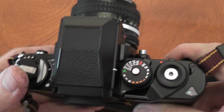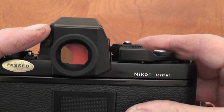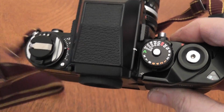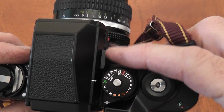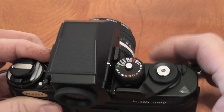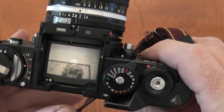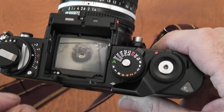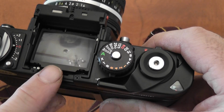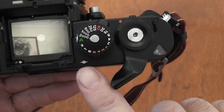On the top, obviously next to that you've got the finder with the eyepiece on, and you do have a covering to stop light going in if you're using it on a tripod. The finder release is two buttons either side, two levers, and you pull those in together and the finder pops off. You've got the focusing screen, which on this model you can flick out with your thumb or forefinger. You can replace the focusing screen for different ones, quite a few different available. You've got an indicator where the film plane is,